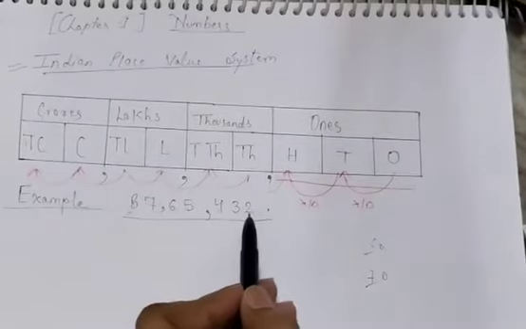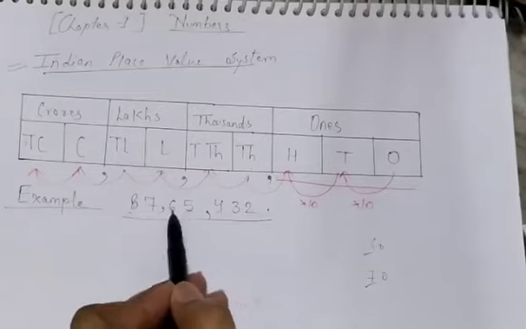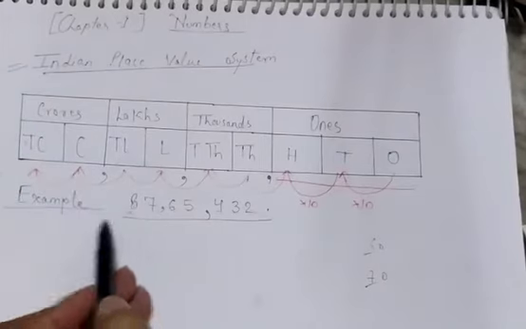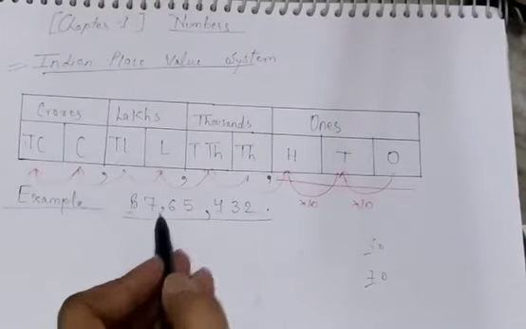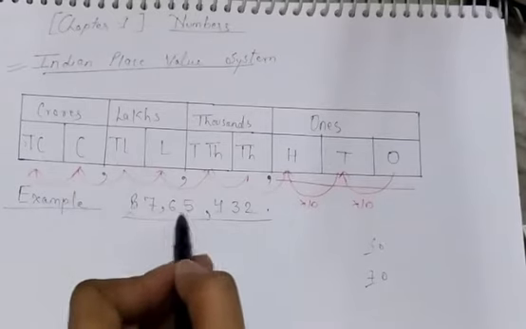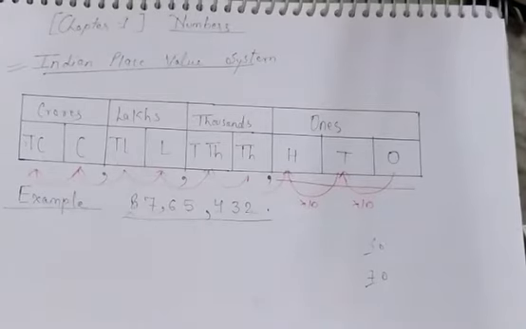So what I have done over here is ones, tens, hundreds, comma, then ones and 10,000, comma, lakh and 10 lakh, comma. If we have a value in crores and 10 crores, then only that section is added. So this is the value. How will we read it? 87 lakhs 65,432, and this is the way you have to write it also. Okay, so I hope you understand the Indian place value system.